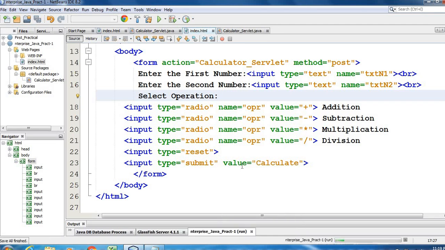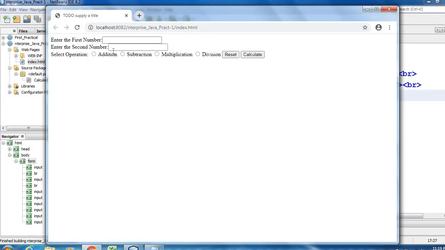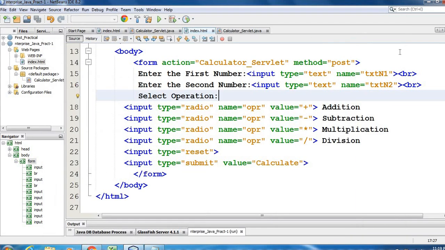You can see that the project will run, but we have only created that GUI part, right? So you can see here that the GUI has been created: enter the first number, second number, operations, addition, subtraction, multiplication, division, and these two. Now I will just